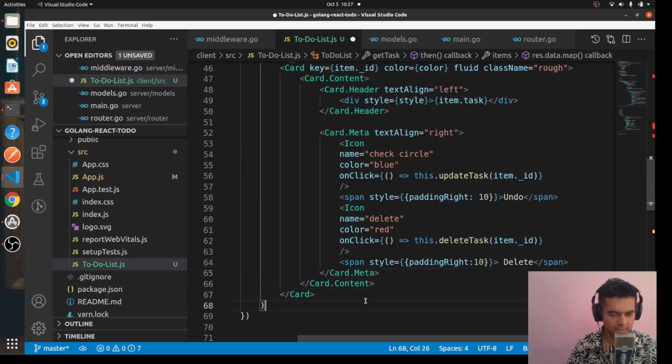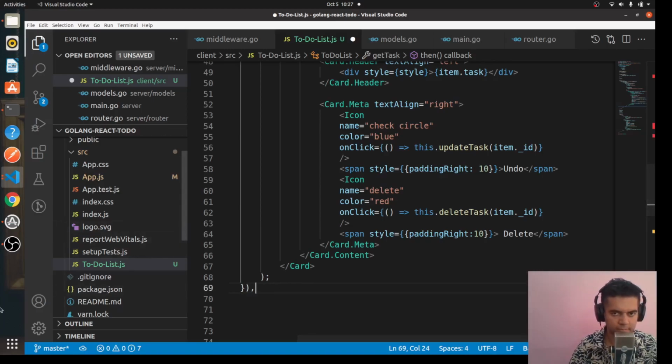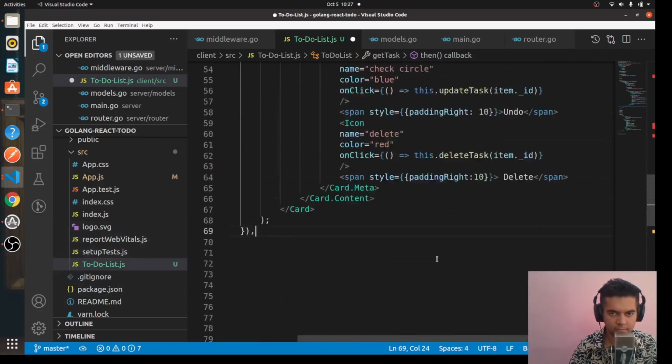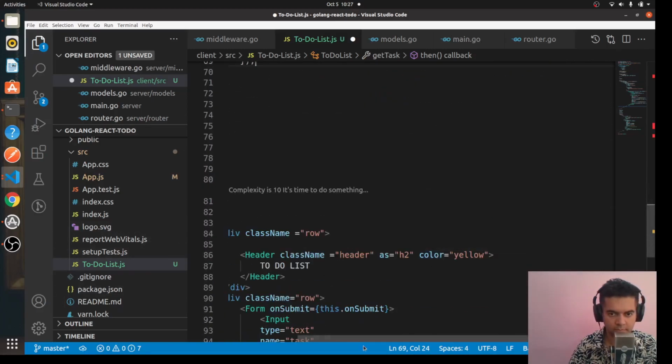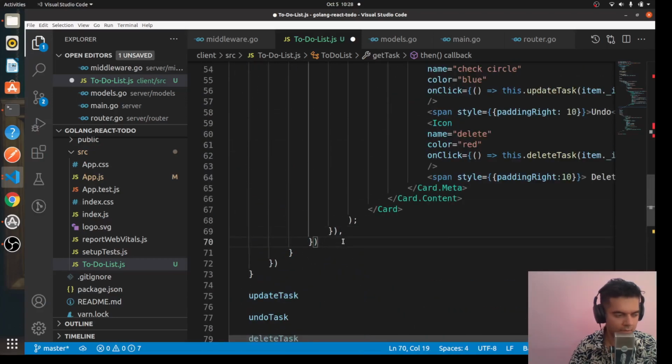Card.Meta, Card.Content, Card, and let's put semicolons here, comma here, and put a semicolon here,